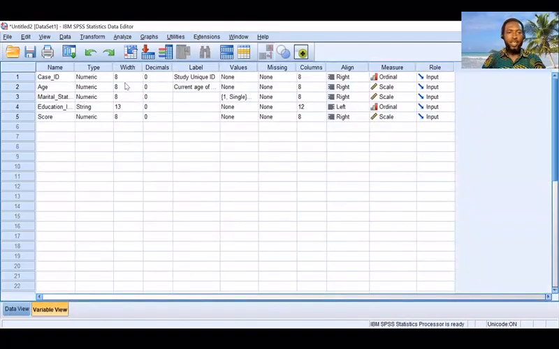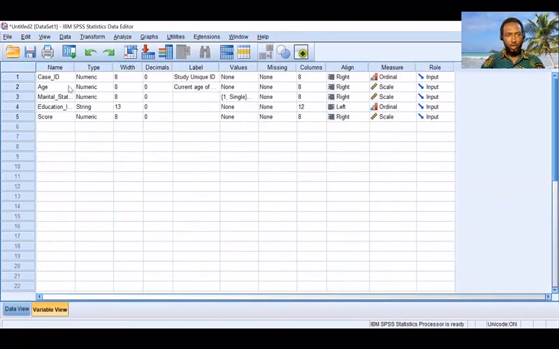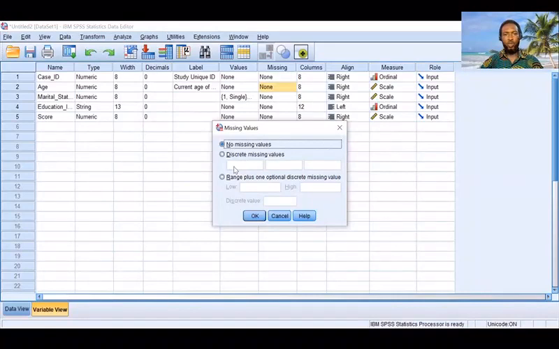So when you go back here, if you run any analysis the way it is, SPSS will consider 77 as age and not missing. And if you run something like frequency, it will consider a space as a value. That's how it runs. I will get there. I just don't want to jump so that you don't get confused, but just to tell you what to do. Once you get here, all you need to do is, when you get to age, go to missing. First one, consider space as missing, and 77 as